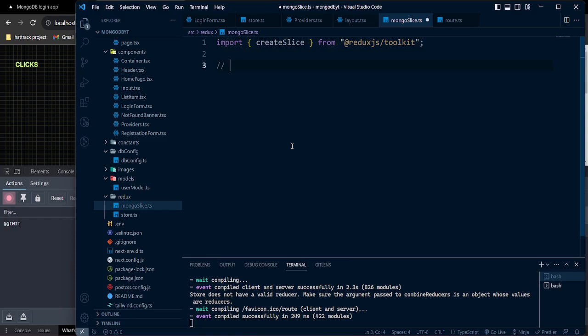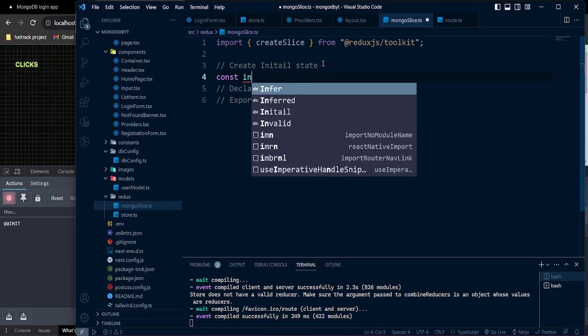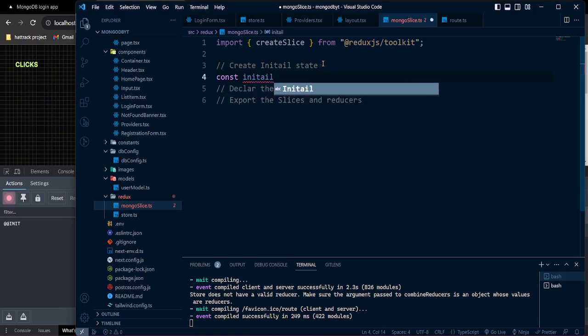So now here we need to make some things. We need to create the initial state, and then we need to declare the slices, and then we need to export the slices and reducers. So that's the three actions we can do actually here. So now const initialState,